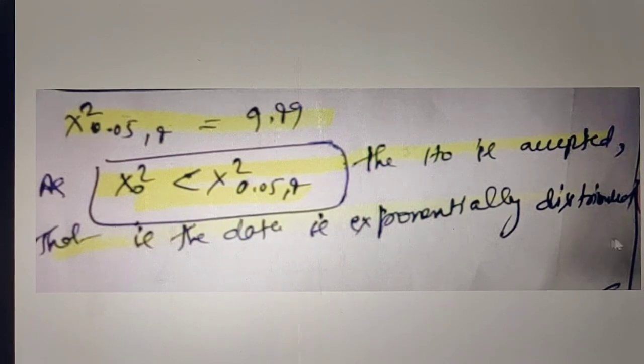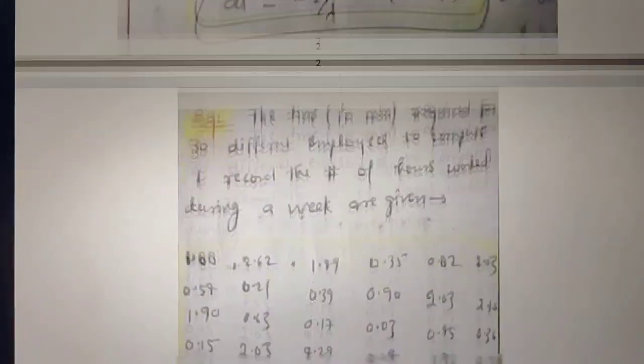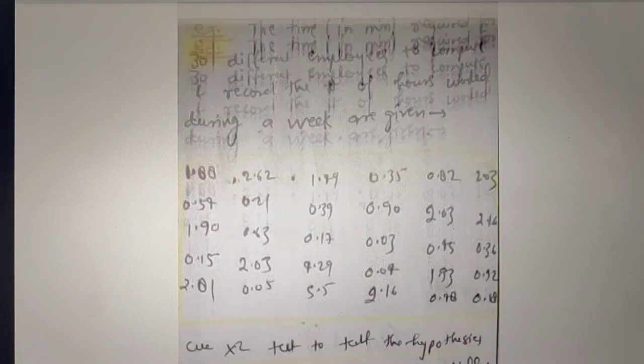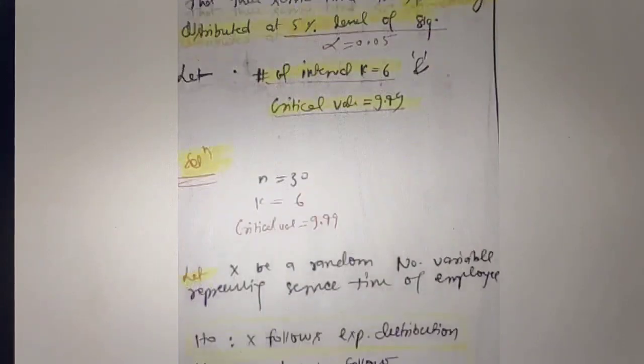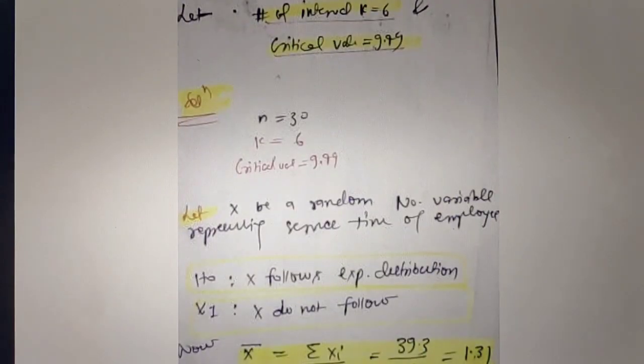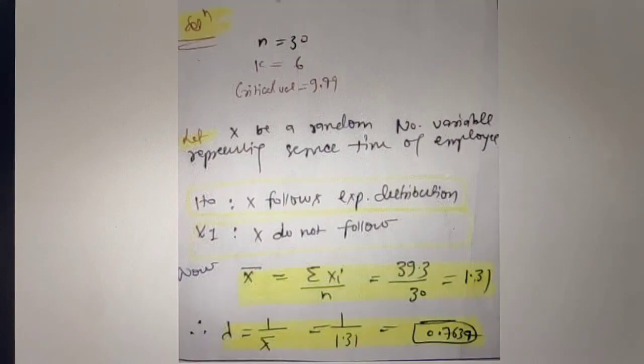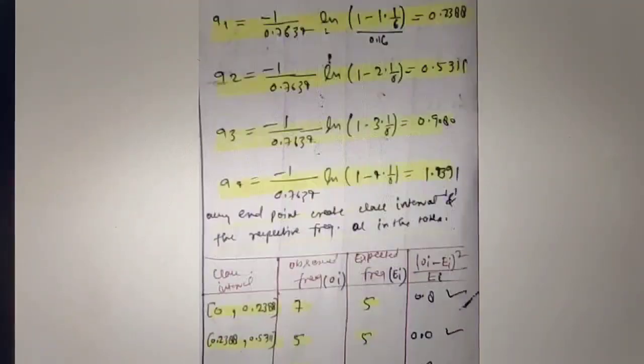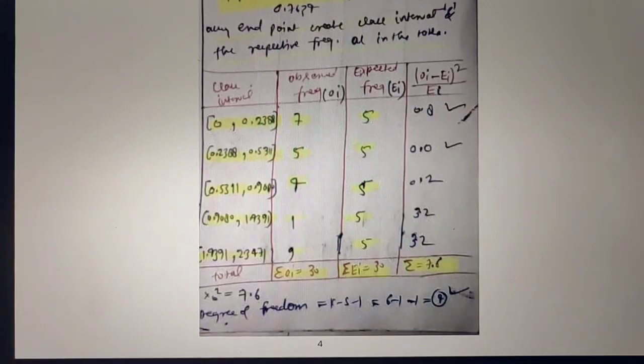That is, the question statement given in this form is accepting our hypothesis that this data is following the exponential distribution. Basically, this is the whole process of how we can do the exponential distribution test technique in the chi-square test. You can see here I have discussed these things